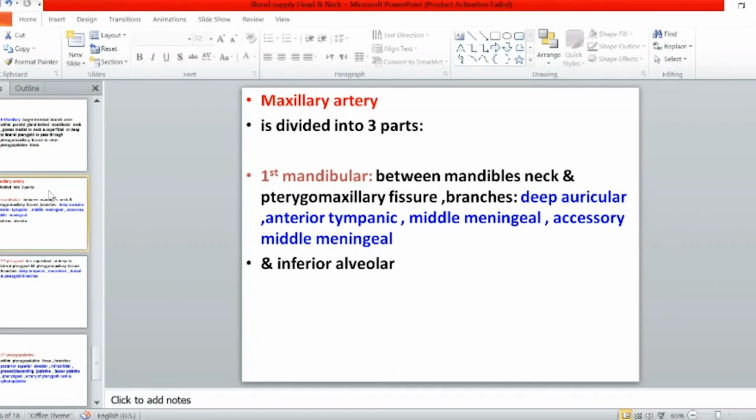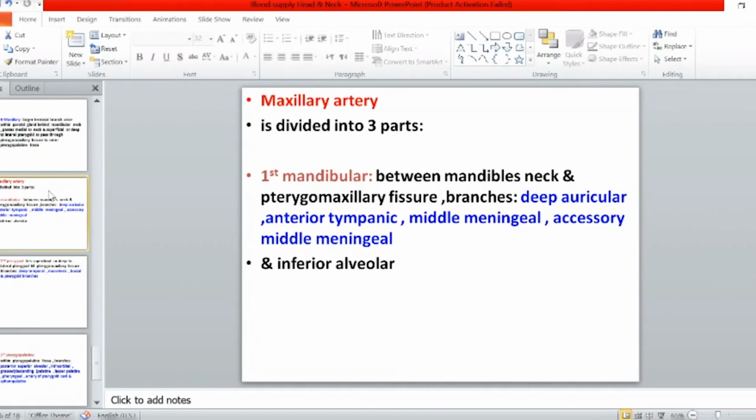It's an important artery. Injury to this artery within the parotid gland leads to loss of blood supply of a lot of areas, that is, the roof of the oral cavity, the upper alveolar arch, upper teeth, and lower teeth with the mandible,